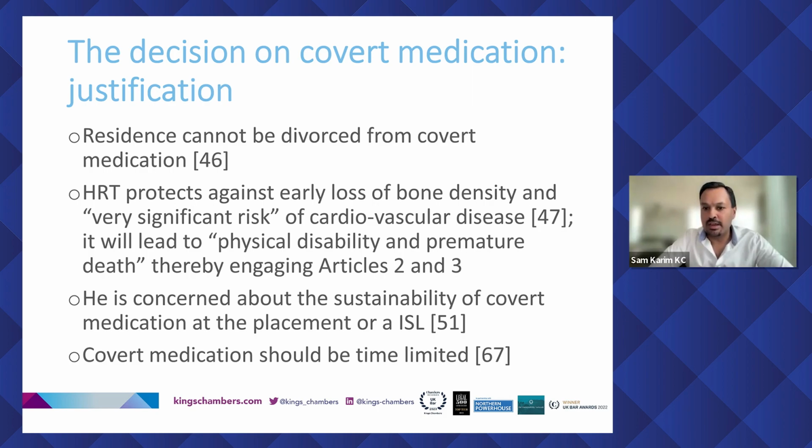And as a result of that, he concluded, having heard the evidence, and in the judgment, in particular at paragraph 47, that by stopping the HRT, that could lead to physical disability and premature death, and thereby engaging Articles 2 and 3, which are, as you all know, quite a high threshold, and so quite a stark decision or analysis. But he concluded, and this is quite fundamental, he concluded that